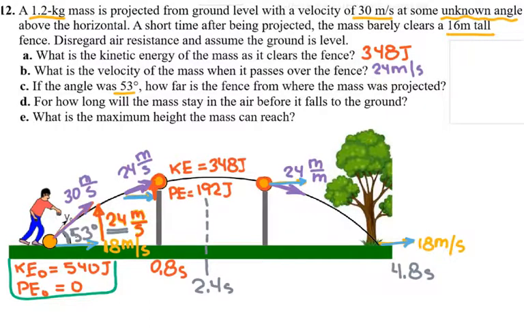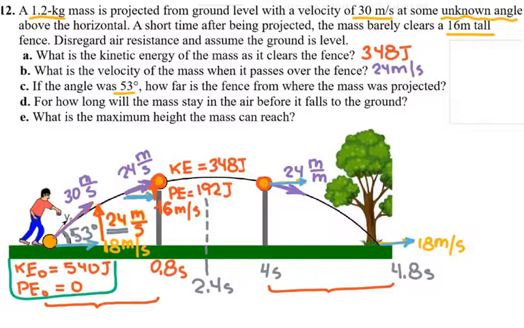And since the vertical velocity here is 16 meters per second. Oh, actually, I don't need this one. So it is still 16 meters per second, but I just don't need this part. I'm going to look at it here. This distance is exactly the same as this distance, because it's a parabola. So I'm going to go back 0.8 seconds, and then it will take 4 seconds to